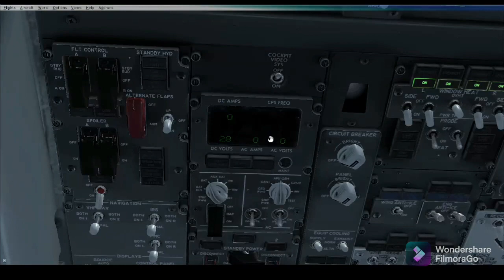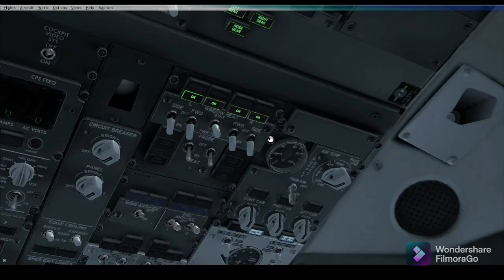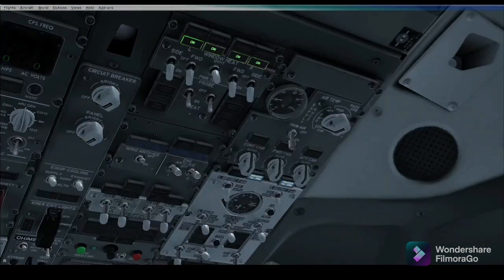This is the first section of our overhead panel. Now the second section is over here: the ice and rain protection panel.